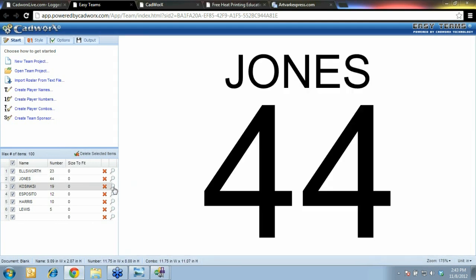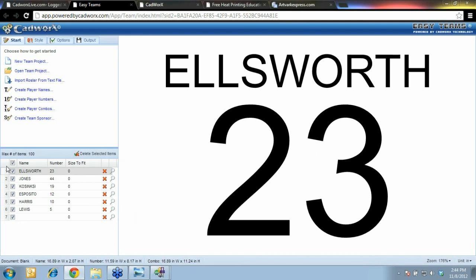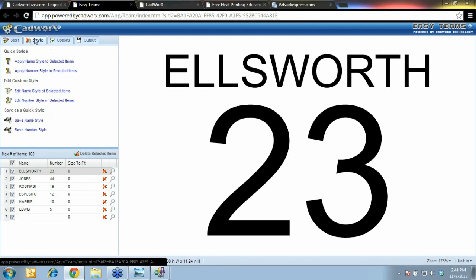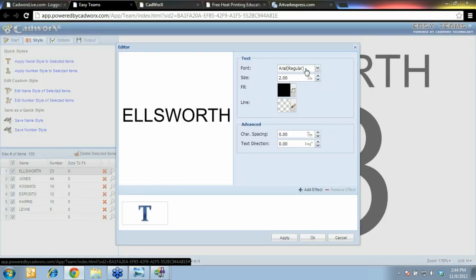Now it defaults to a pretty basic Arial font, but you can see I have all the names in the list selected here. So I can go over to Style, and I can edit the name styles of all the selected items, and this is really powerful. Let's say I want to just edit the name styles. You go into the same editor,